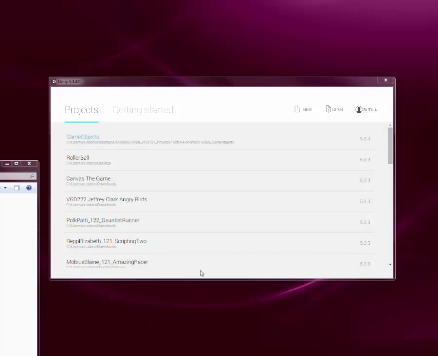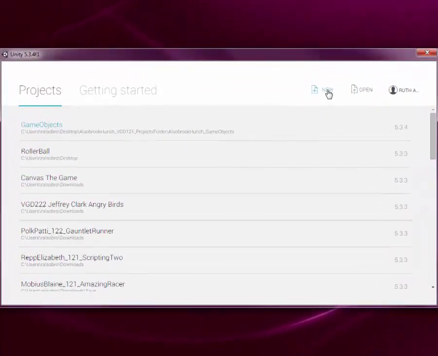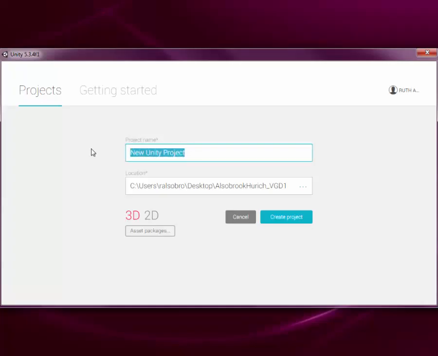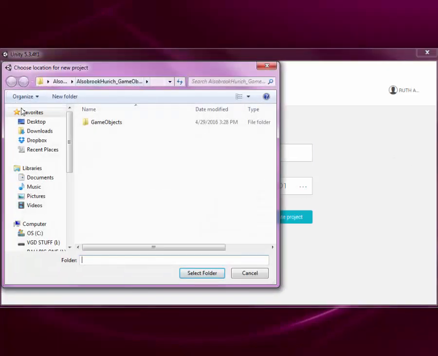So I'm going to create a new project and work with models, materials, and textures. Of course you want to make sure your last name is in there and your first name, you know the drill. I'm just going to call it MMT for short, and then find that main folder, which there it is right there,